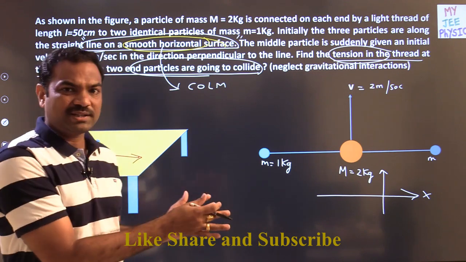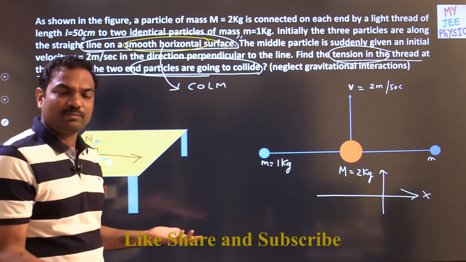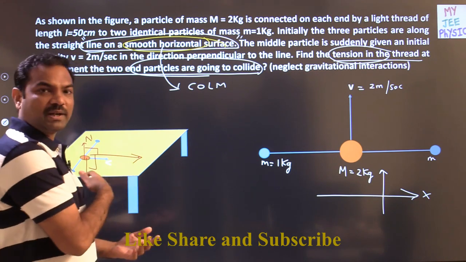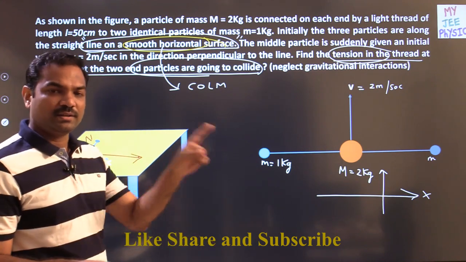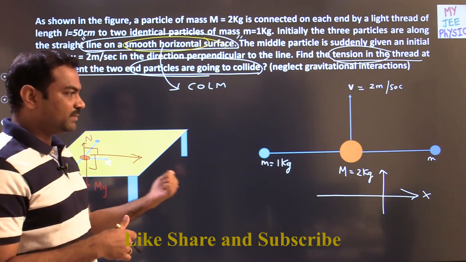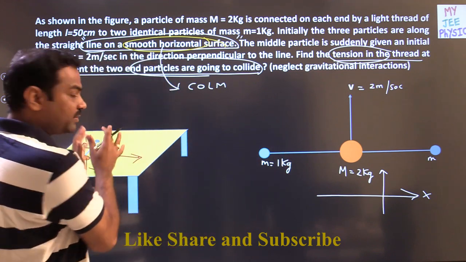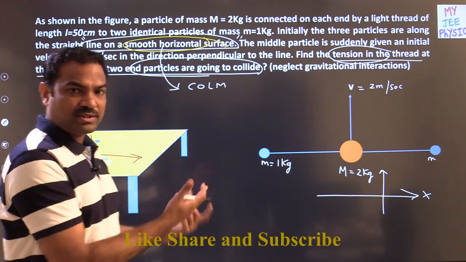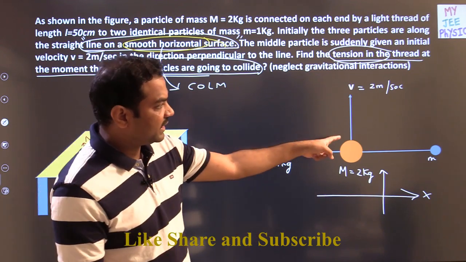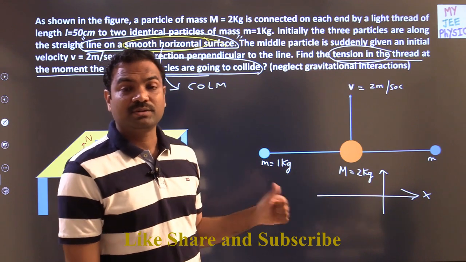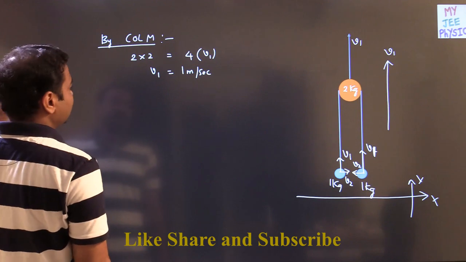Why? Because all particles are moving on a horizontal surface. So another logic comes over here that potential energy is constant. Potential energy of the particle is not changing, they are not moving up and down. So potential energy is constant, not changing. There is no work done by any force. That means I am taking the entire system, so tension forces will become internal forces. Okay, so I am talking about the entire system. So on the entire system, no force is doing work. So I can conserve the kinetic energy. So initial kinetic energy and final kinetic energy I can equate, so that I can get a chance to find out v2. Okay, so I am using the conservation of energy now.